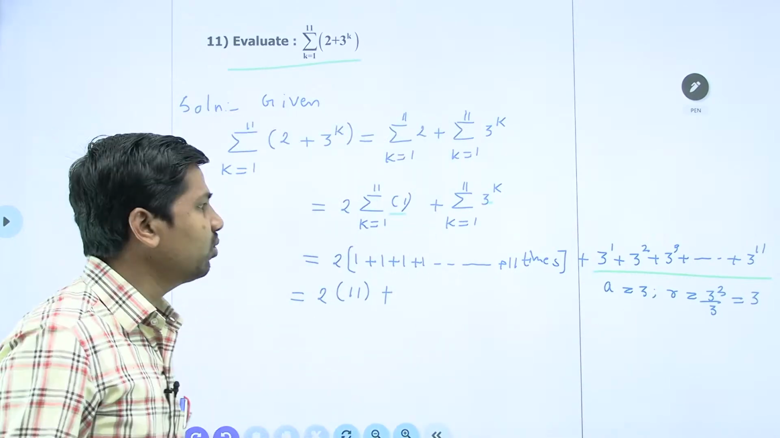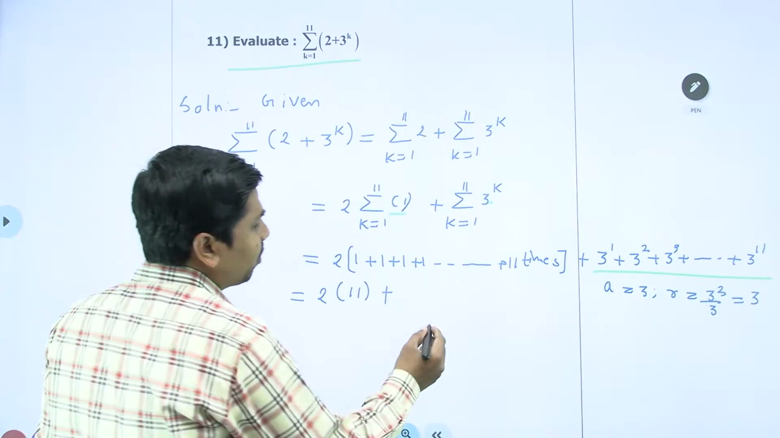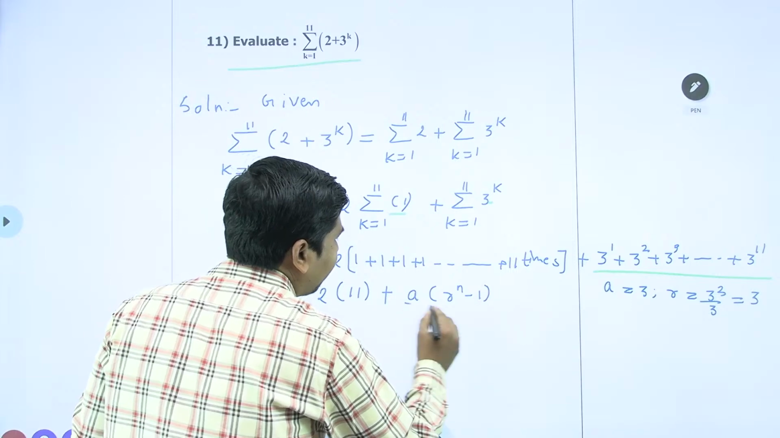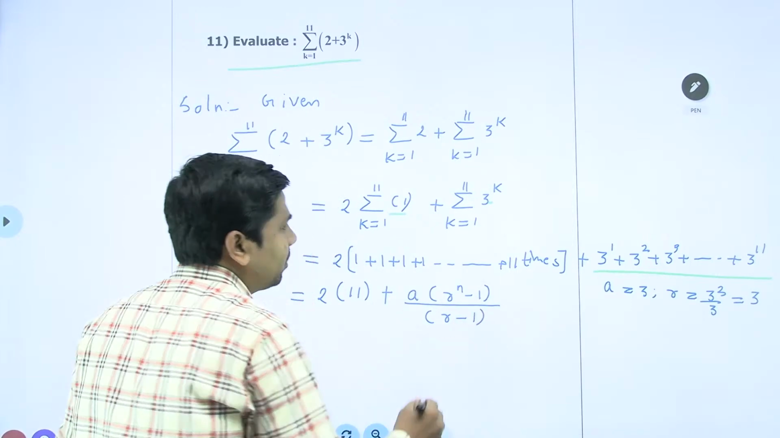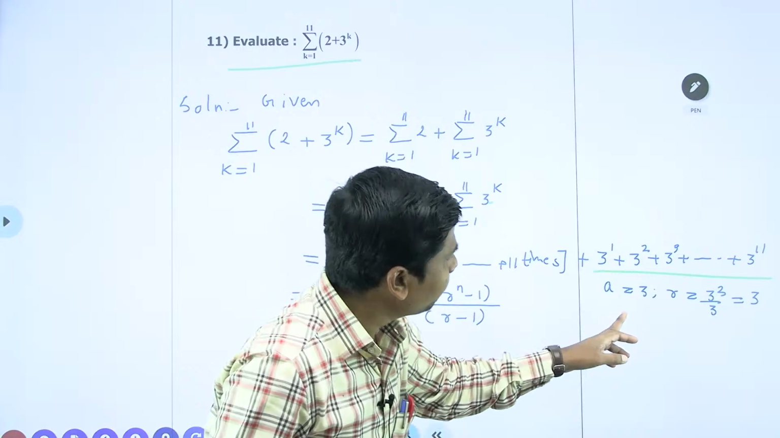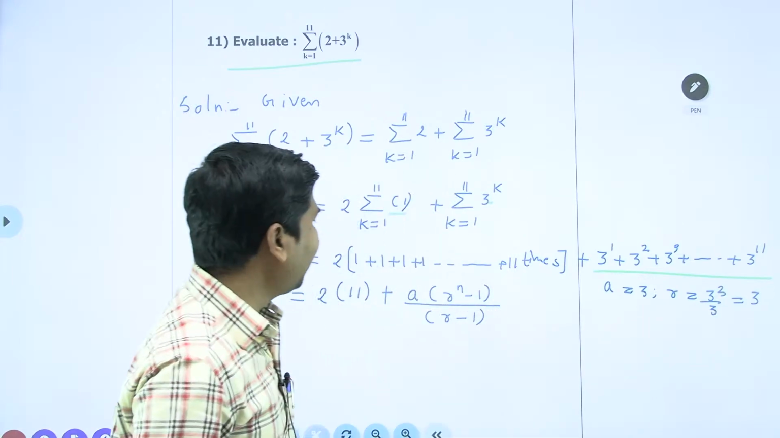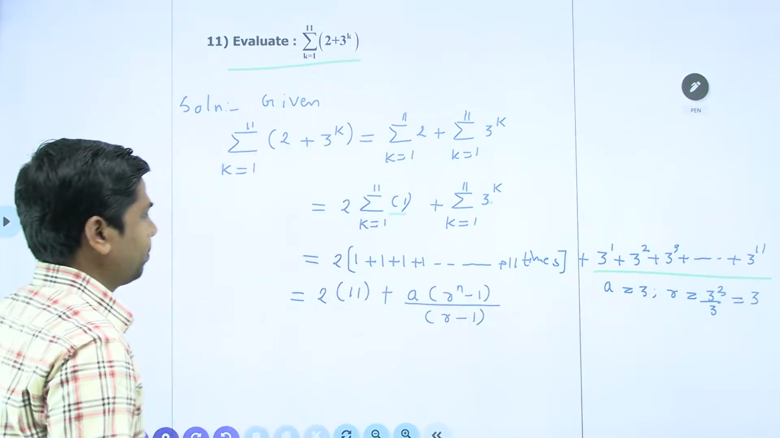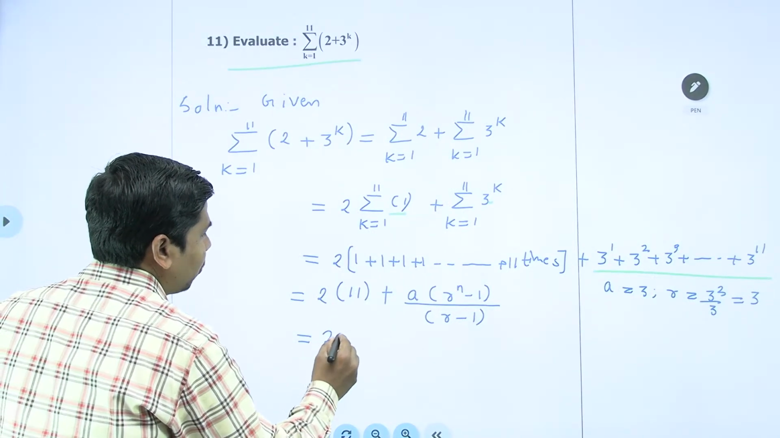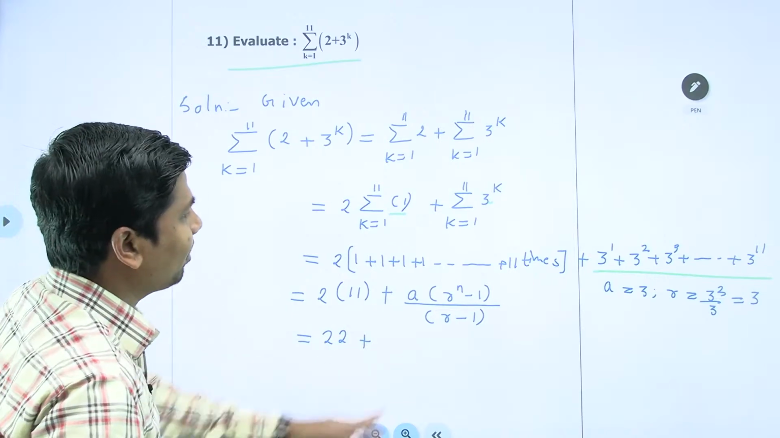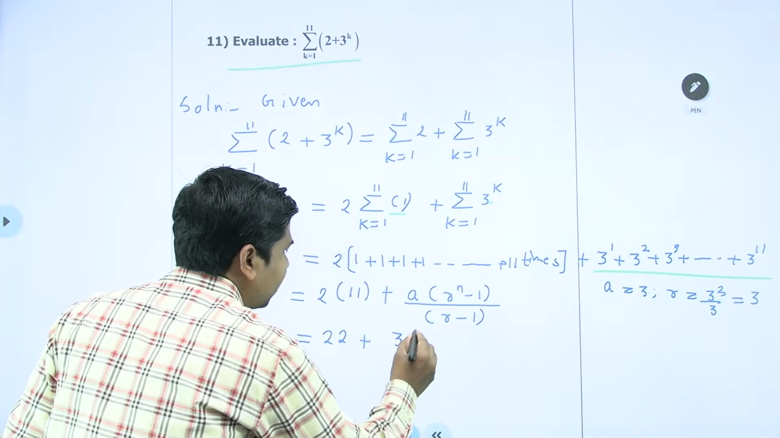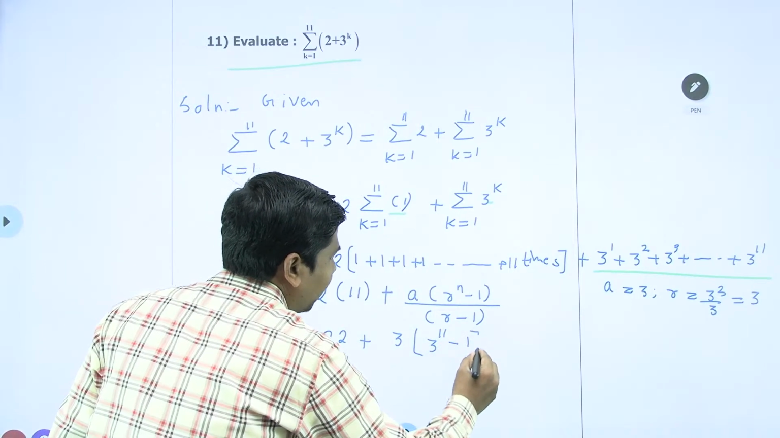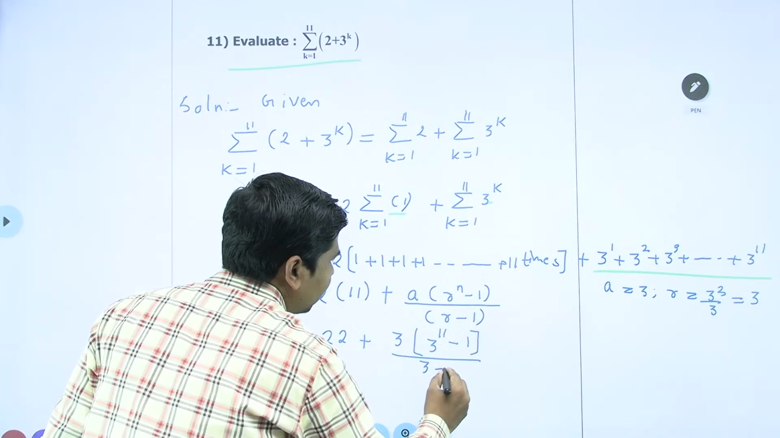You can use the sum of terms for the geometric progression. What is the sum of a geometric progression? A into r power n minus 1 by r minus 1, right? Since it is a GP where A is 3 and r is also 3, up to how many terms? What is n equal to? 11 terms are there, right? 1, 2, 3, up to so on, 11 terms are there, which is equal to 22 plus what is A? A is 3, r is 3, raised to 11, 3 raised to 11 minus 1 by what is r? 3 minus 1,